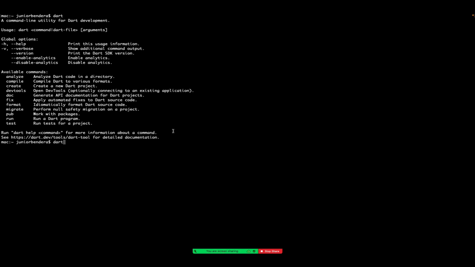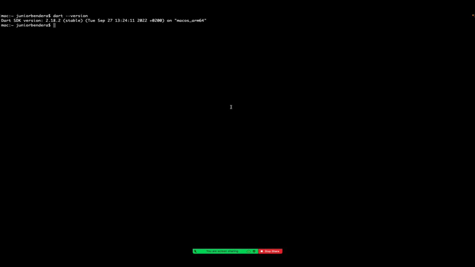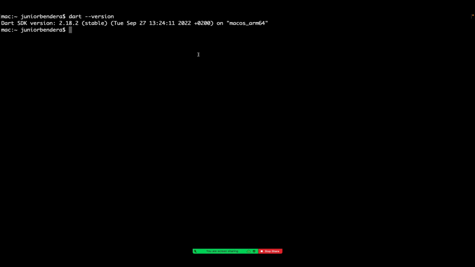If you write that and put dash version, you'll be able to see the version. Once you're able to see something like this, you'll be confident and sure that you have successfully installed that programming language on your computer. That is the first task that you will do, and I'll share the steps. By the time we begin the next class, you should be able to run that command and get the result you expected.